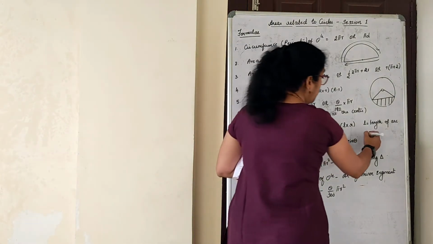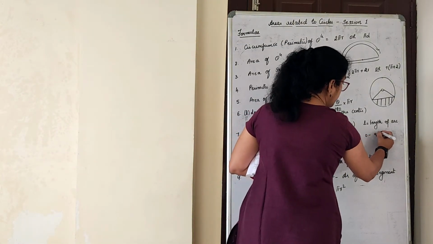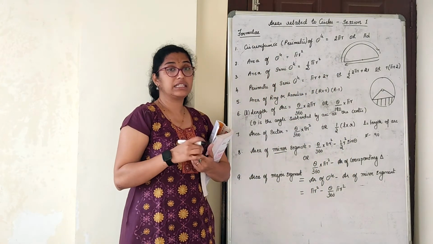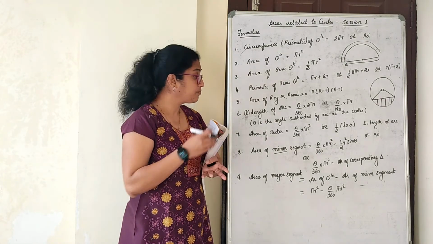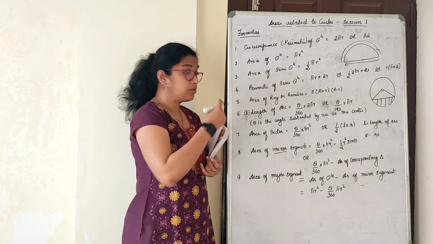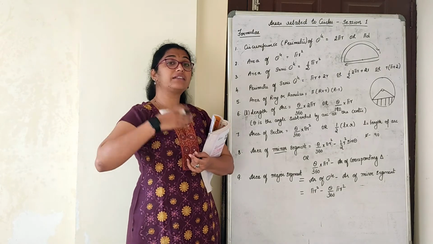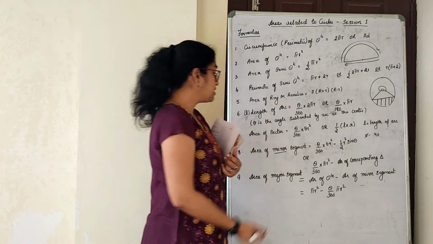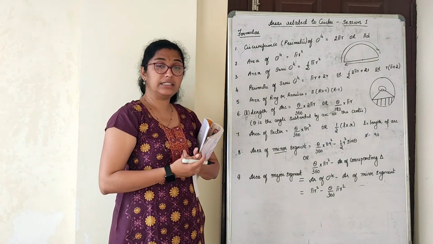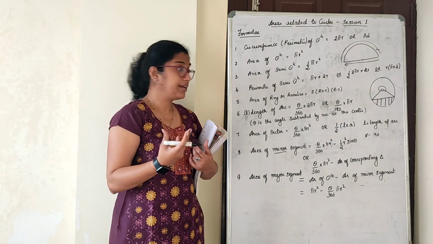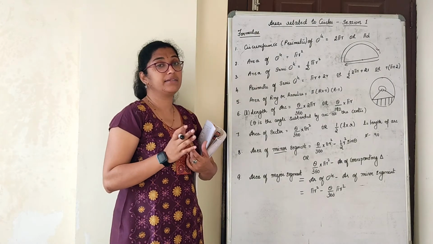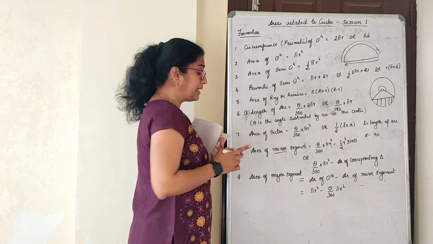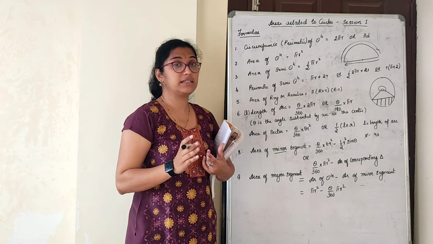Now what are the sine ratio angles for theta? What we know is from 0 to 90 degrees, right? Of course, 0 we don't apply here. That means theta value could be 30, 60, 45 and 90. Those are the angles I know with respect to sin theta. But what if theta is beyond? If I am supposed to find the major sector, major segment, theta value would be 120, 180, 240. Right? We are not aware of any trigonometric ratios for angles beyond 90 degrees. So this formula is applicable only and only for the minor segment.